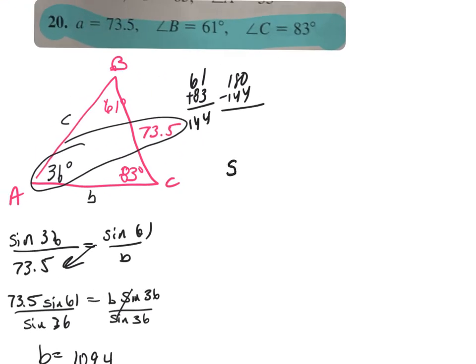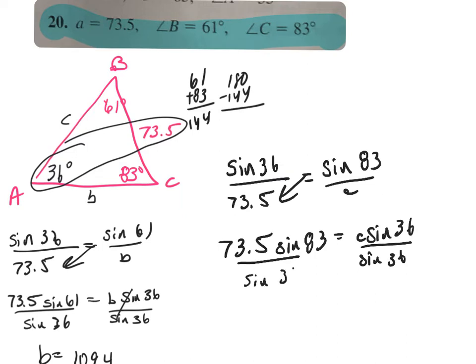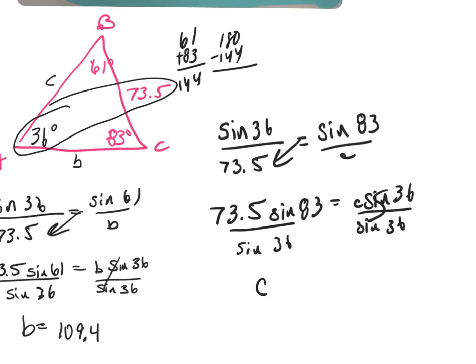I could do the exact same thing. Use that same proportion. Sine of 36 over 73.5 equals the sine of 83 over C. Cross multiply, so 73.5 times the sine of 83 equals C times the sine of 36. Divide by the sine of 36. So C is about